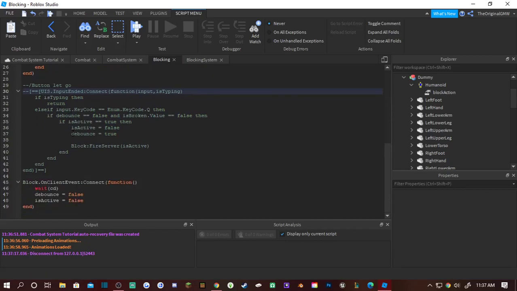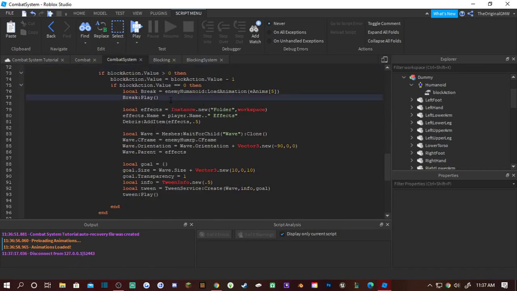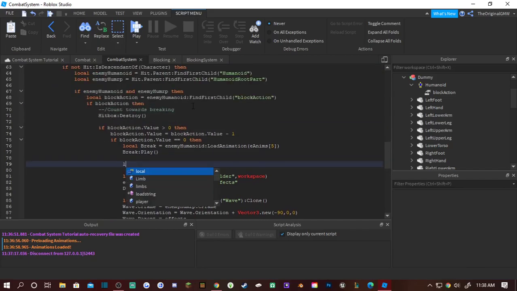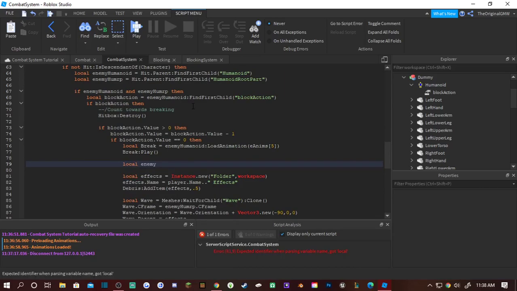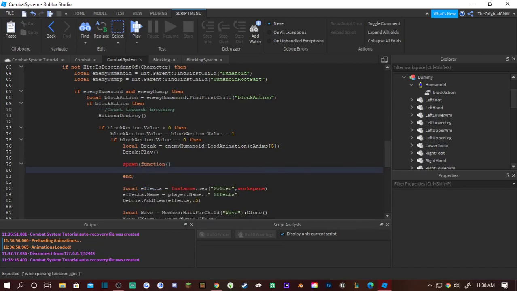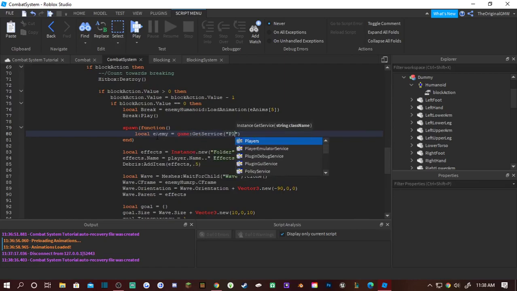So we're gonna disable that function real quick. I'm gonna come here, and what we need to do is find the player. So I'm gonna use a function. We're gonna use local enemy. We're gonna do a spawn function actually as well, so it can ignore this and keep going, like it doesn't yield the script. So local enemy is equal to game get service players,